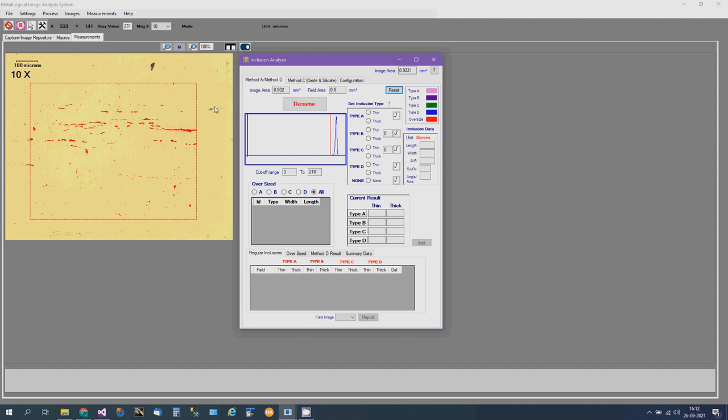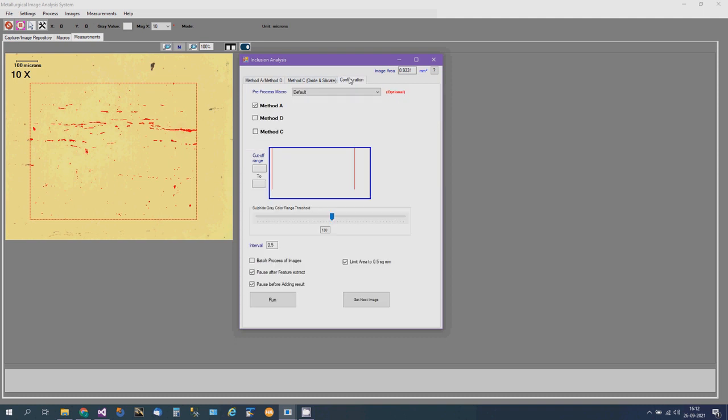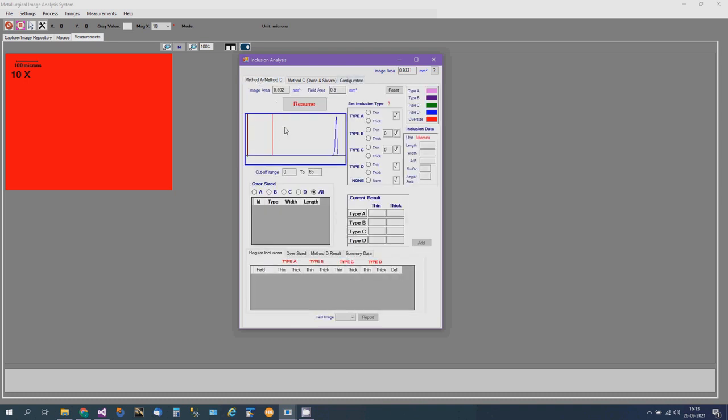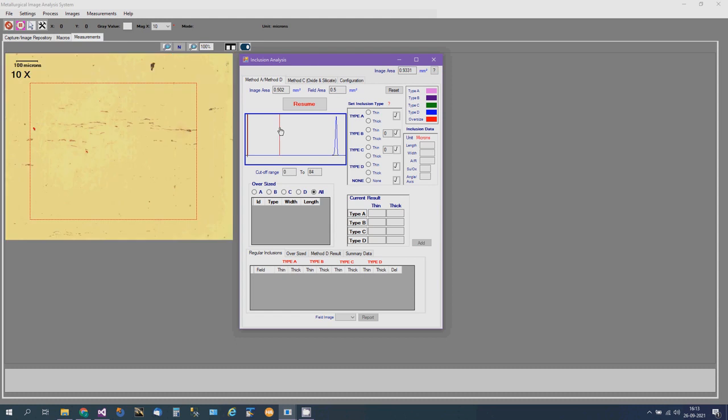It has done some thresholding. You can always come to the configuration, inside method A, adjust the thresholding value, and click on resume.